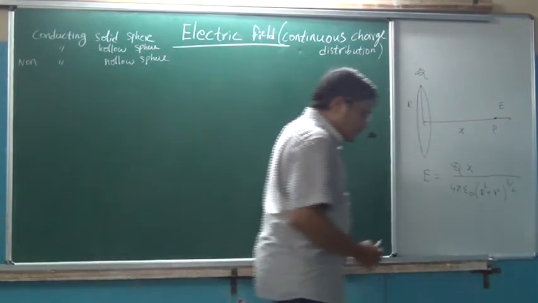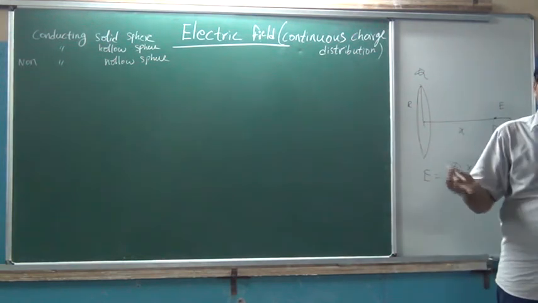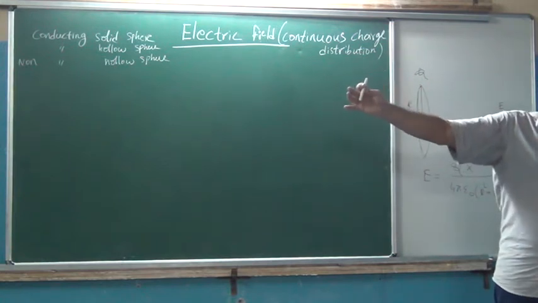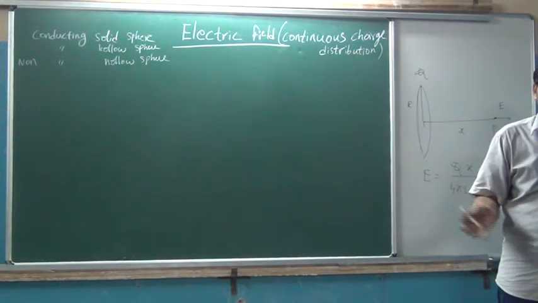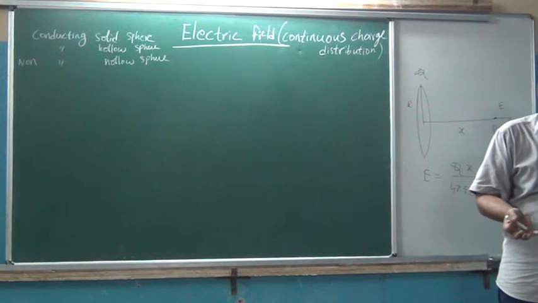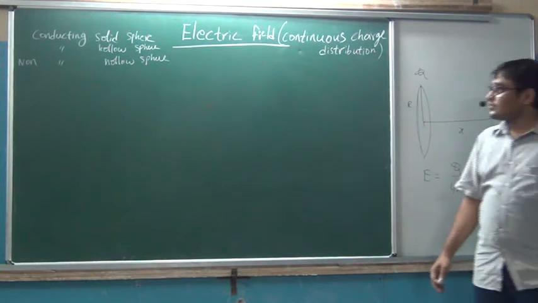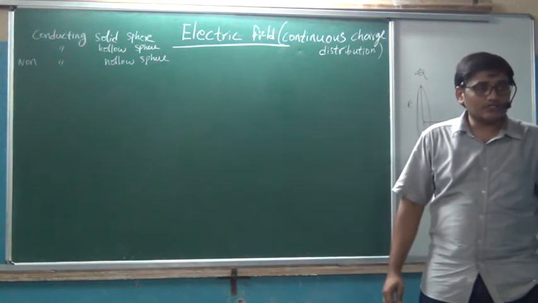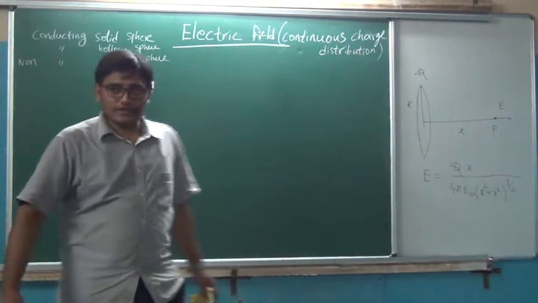First of all, what is our aim here? What is our target? We have a charge configuration in the spherical form, a thin layer. At some point we need the electric field due to this charge configuration. That is our target. We are going to find the expression for that electric field. In this case, we are taking a sphere of radius capital R and total charge capital Q. These are the things we should consider.